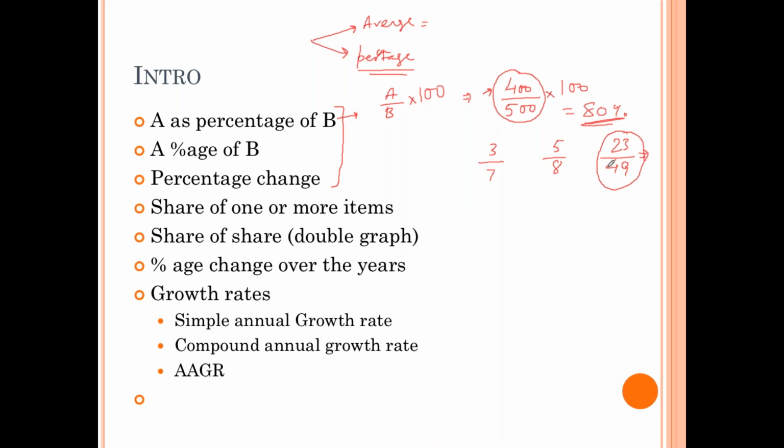In this we have two types of calculation. One is the exact calculation like this, another is the approximate calculation. If we say 23 upon 49, what will be this value? This value will be somewhere around 46, 47%. How I reached 47%, I will tell you in a short while. Just try to calculate 23 by 49. Just take 1 minute and calculate this value by whichever means you are able to. Then I will tell you how to do it fast.